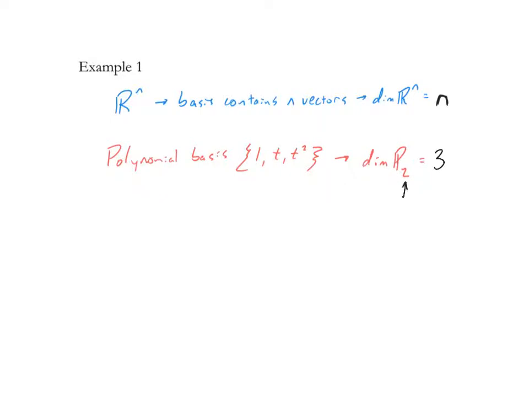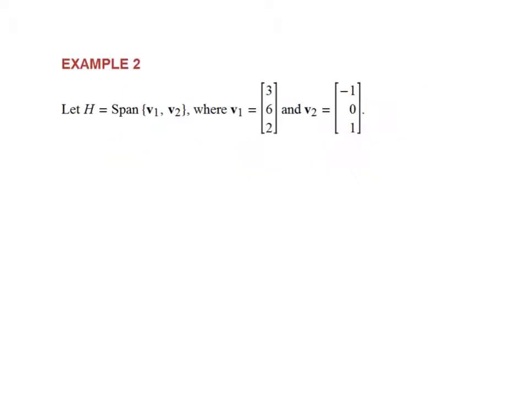Notice that number increases, because P2 is the largest degree, but we also include a degree of 0, so that's why it's always going to be 1 greater, whereas when we're talking about Rn, that is the same size. Hopefully that made sense. Okay, this next example, we're given a set H that is the span of those 2